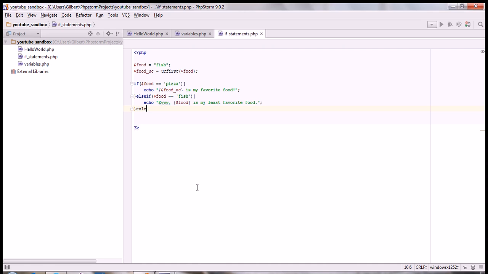Then we put else, which ends the condition. We don't need to put a condition for else, because what this is saying is, if food equals pizza, echo this. Else if food equals fish, echo this. And if any other condition is met, or pretty much the default,